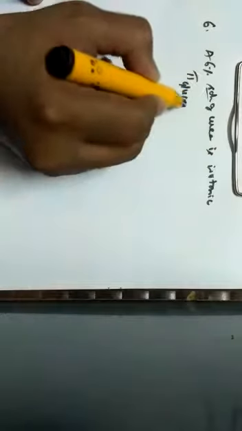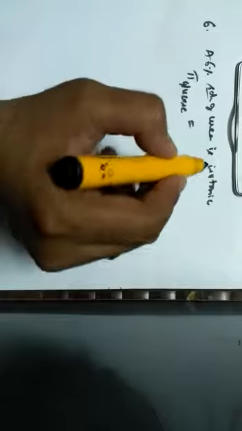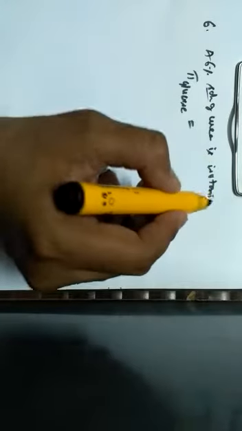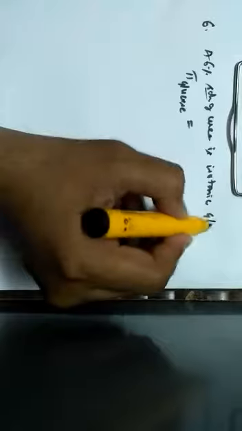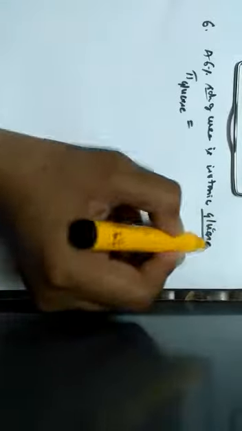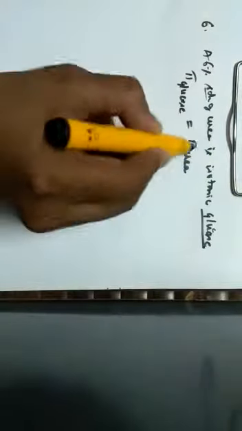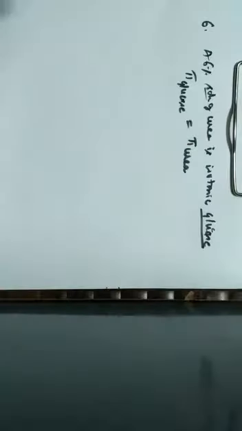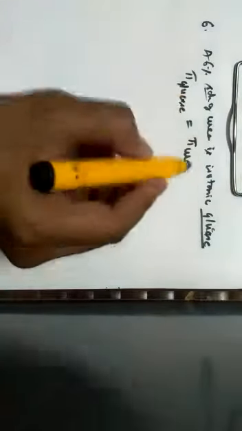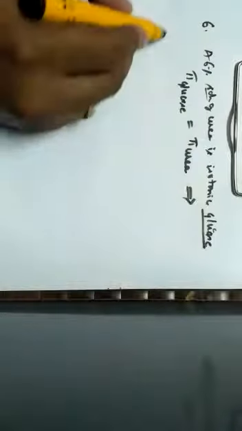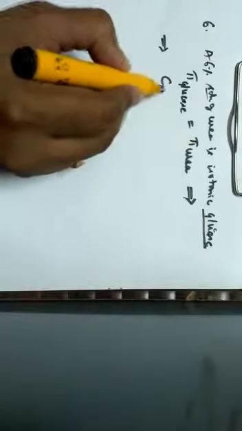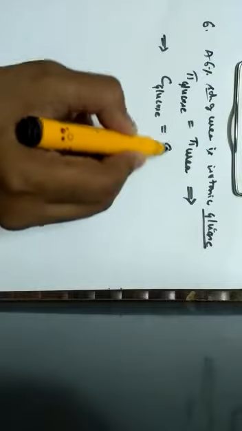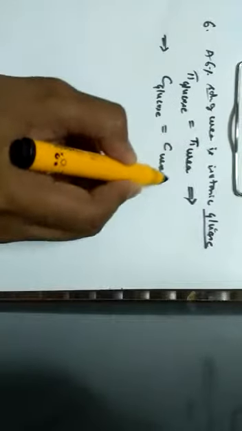The osmotic pressure. So we can consider that a 6% solution of urea is isotonic with a glucose solution. How can I prove that it is isotonic with glucose solution? When I consider the osmotic pressure of glucose, it is equal to the osmotic pressure of urea. When their osmotic pressures are the same, it implies that their concentrations should also be the same. I can write it as the concentration of glucose is the same as the concentration of urea.